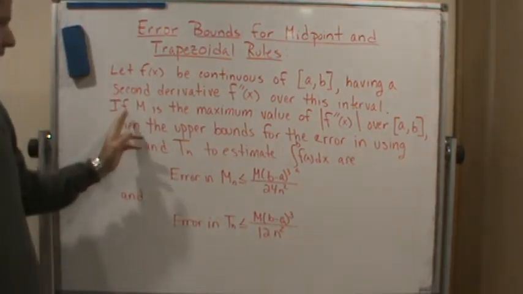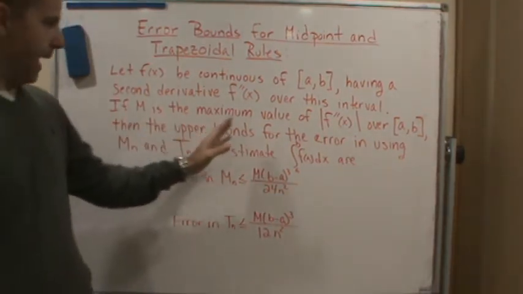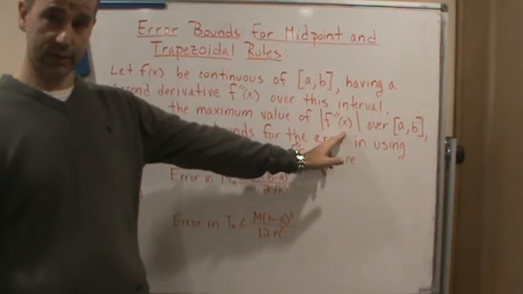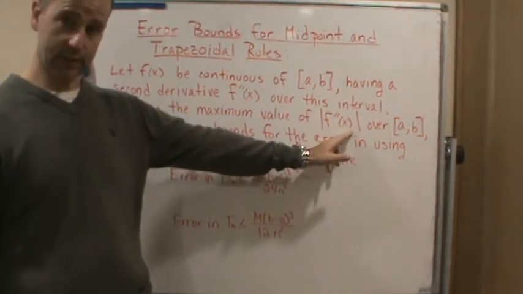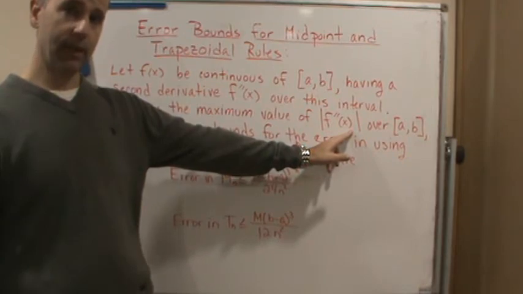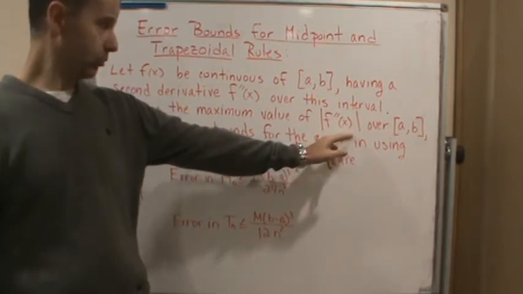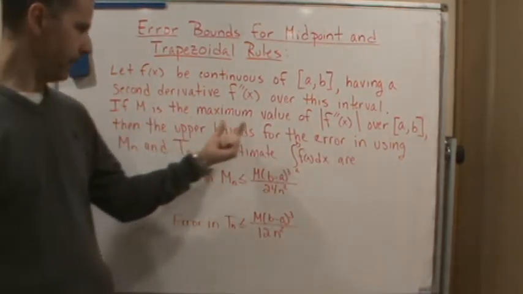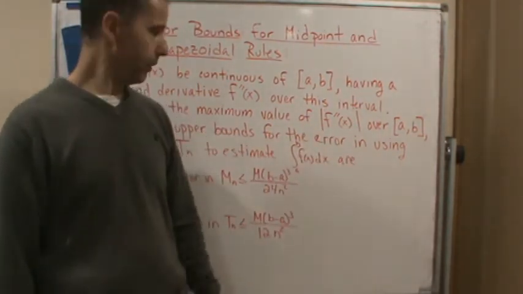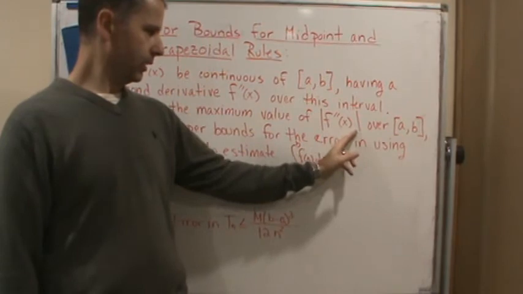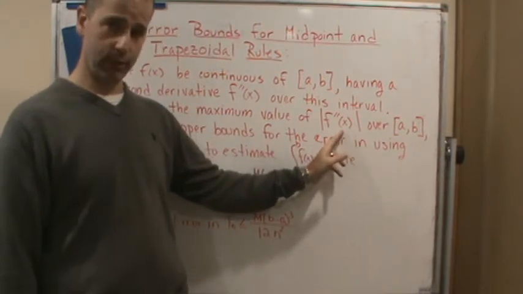If M is the maximum value of the absolute value of the second derivative over that interval,